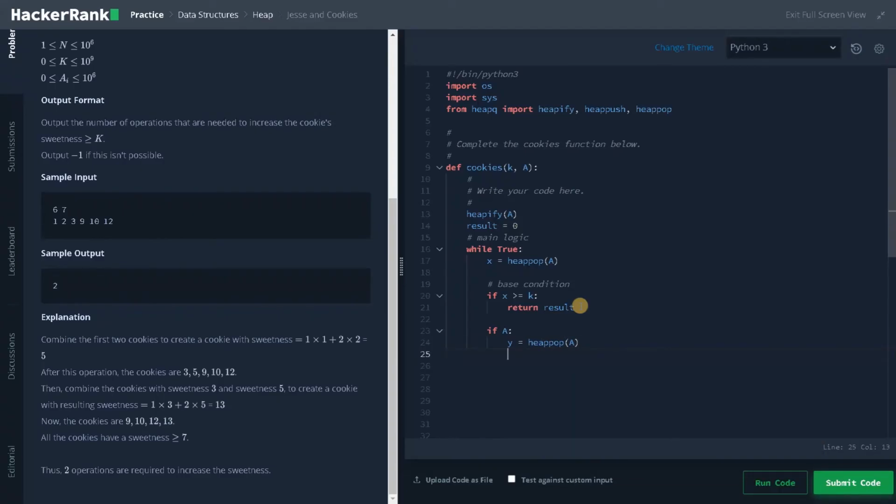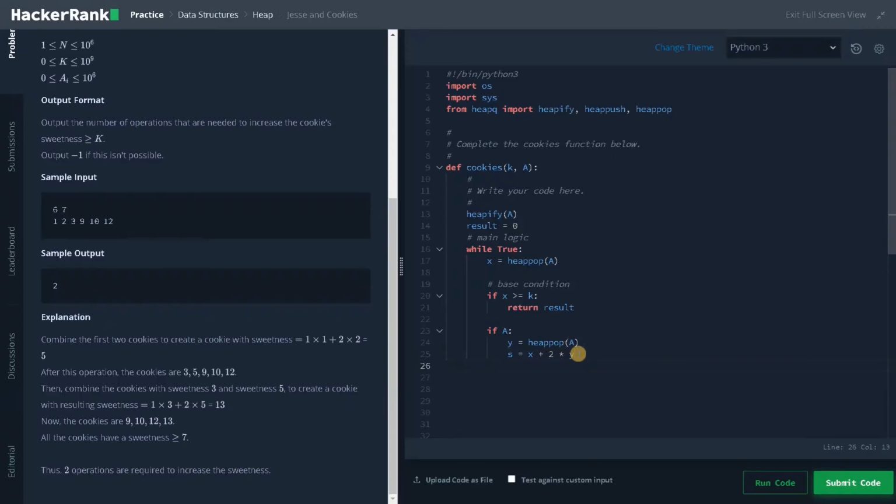Now we need to use the formula, that is s equals, the new sweetness, x plus 2 multiplied by y. That is 1 into x plus 2 into y. This is the first least element and this is the second least element.